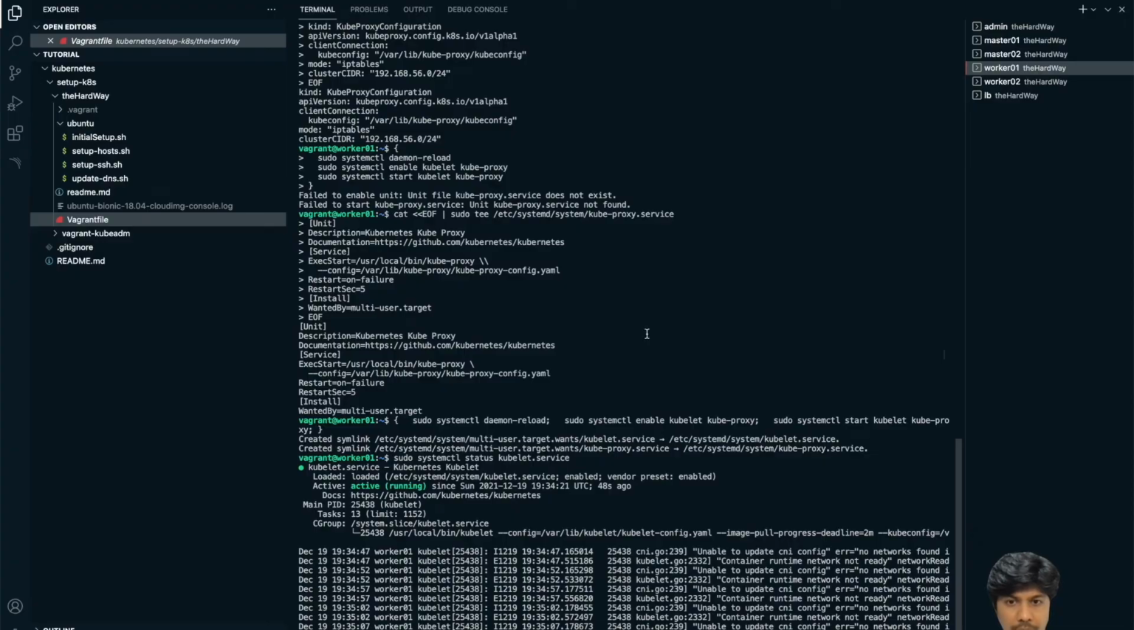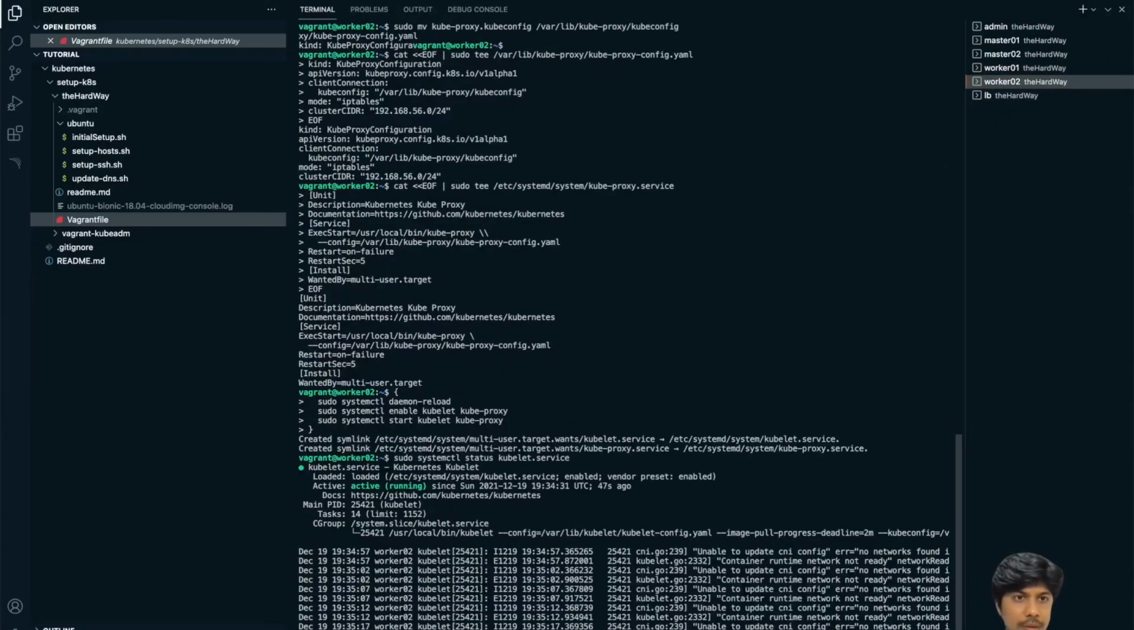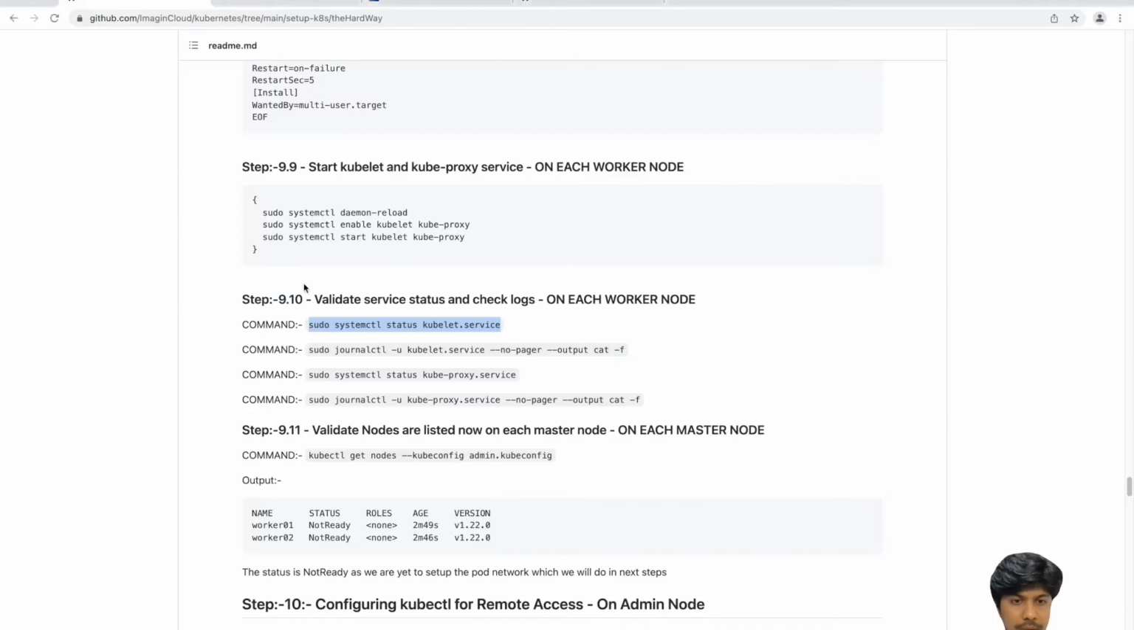Okay, kubelet is working fine on worker 1. Let's see on worker 2. Yes, it is working fine, but if you see the